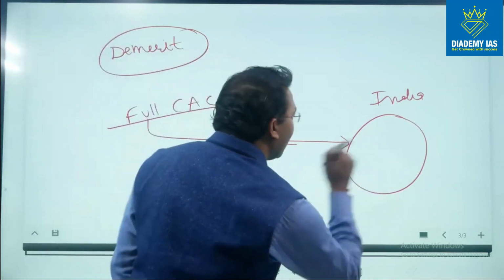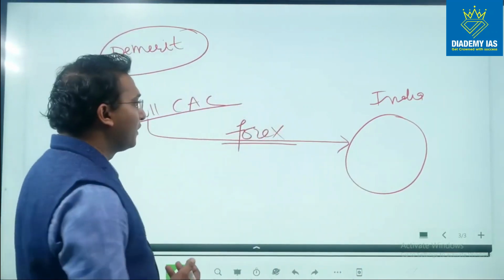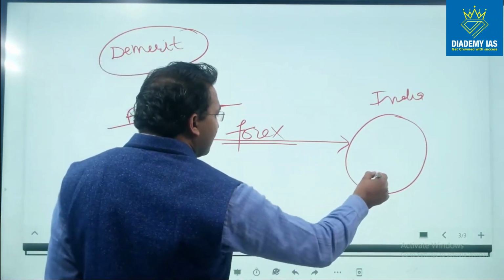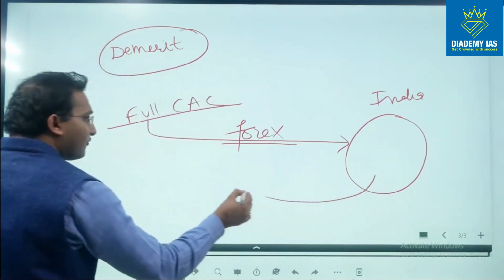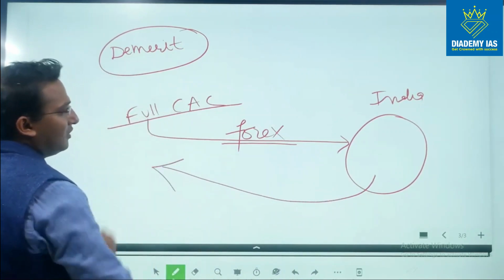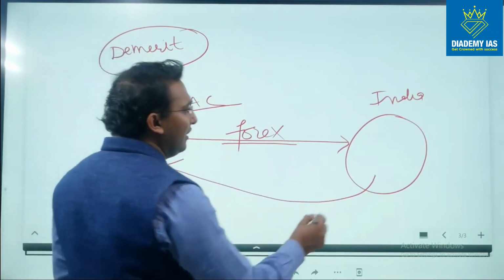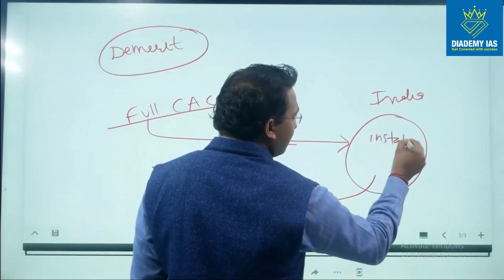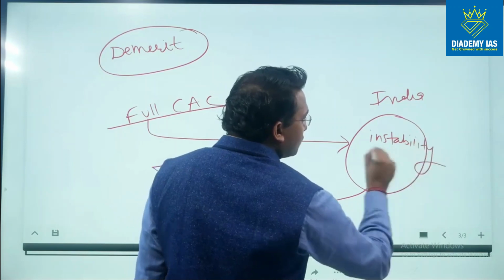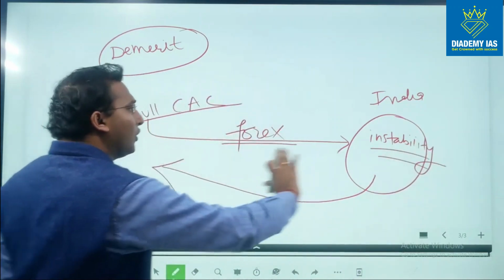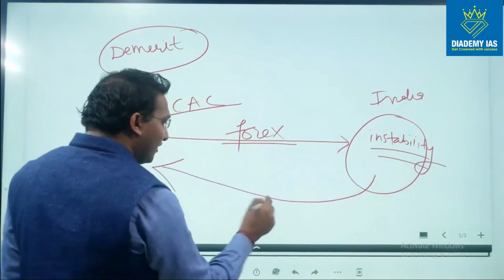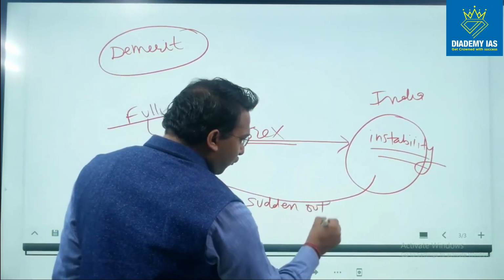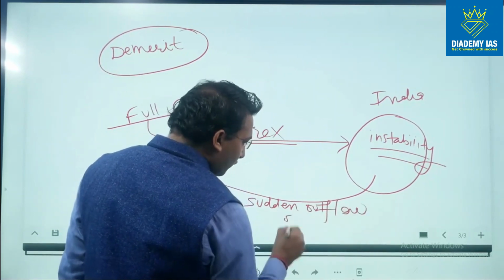So this is a good aspect. This is a positive phenomenon. What is the problem? The problem arises when suddenly the investors withdraw their money, and in India there is instability, right? So this foreign exchange will be coming into India, but the problem will arise when there is sudden outflow of foreign funds,